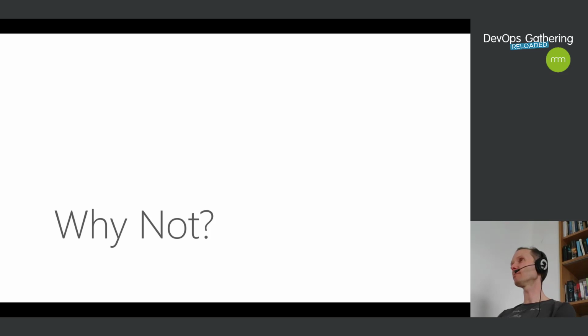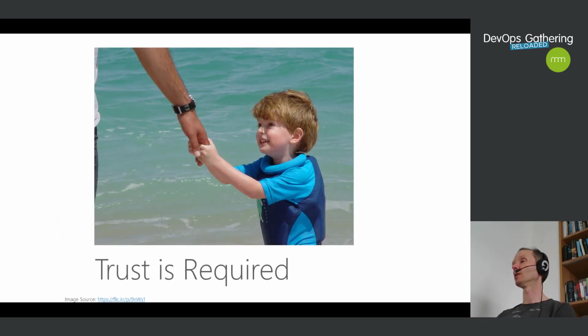Do we have drawbacks too? Of course. There is no platform in IT. I have done that for 25 years and I know that there is no platform in IT that only has advantages. There are disadvantages too. And this one is the most important one. Trust. Serverless means that I build my code, I package it up, maybe in a Docker container, maybe in a zip archive or whatever. I throw it over the fence to the cloud provider and I say, just run it.